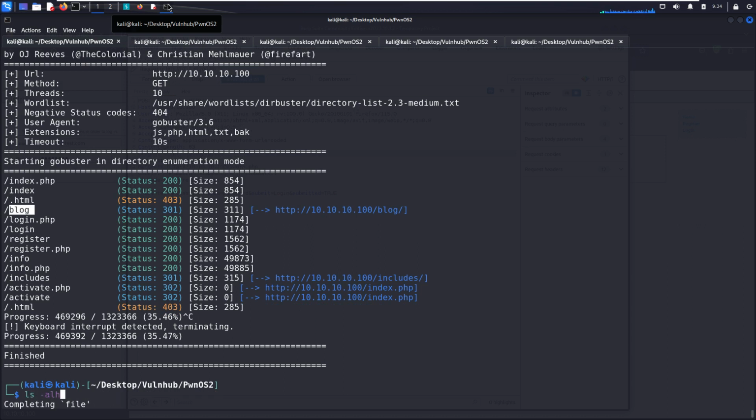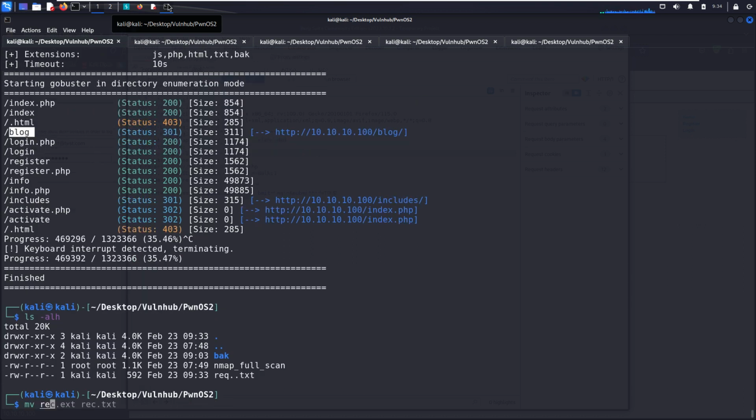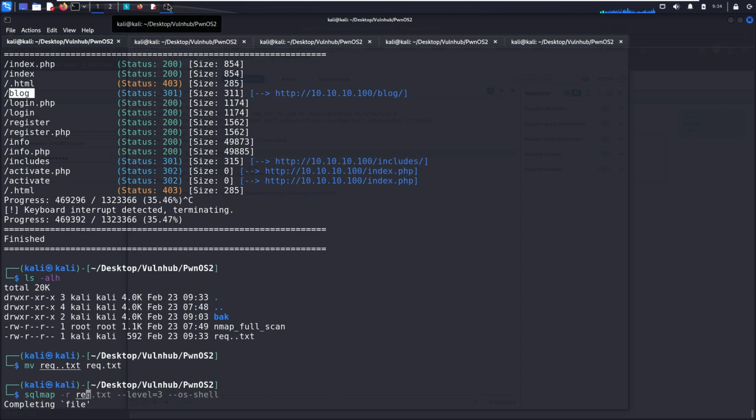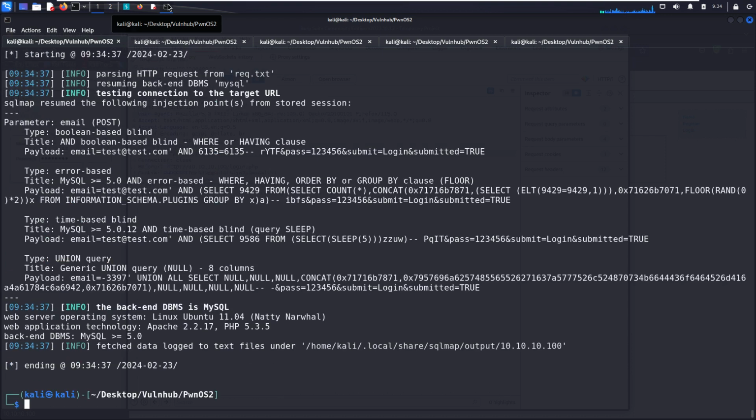Maybe I need to rename this, remove the additional dot, and then we can execute sqlmap again, with the level option, and press enter. As you can see, the target has such a vulnerability, and it also tells us the backend DBMS is